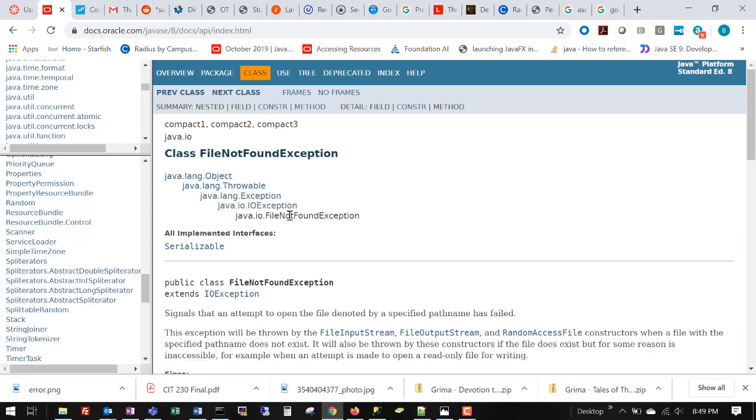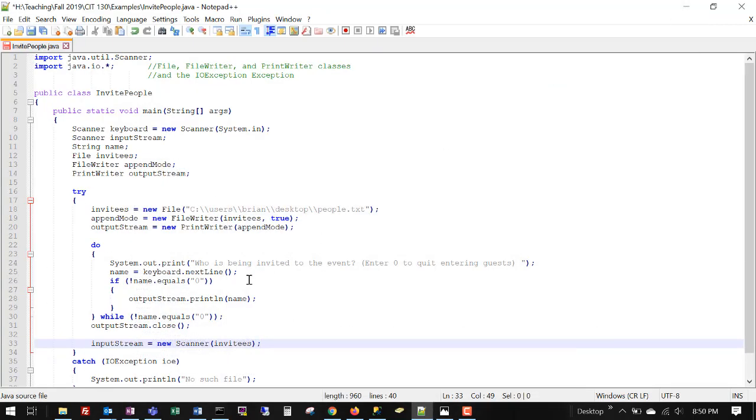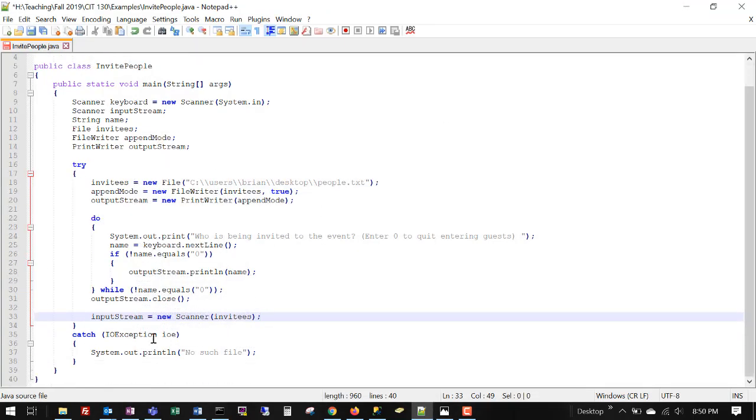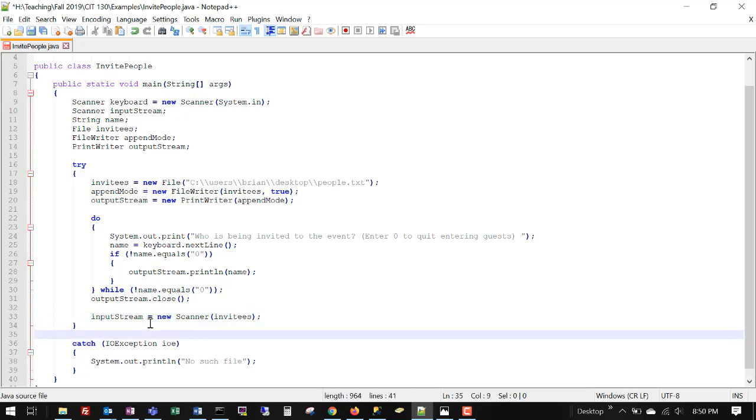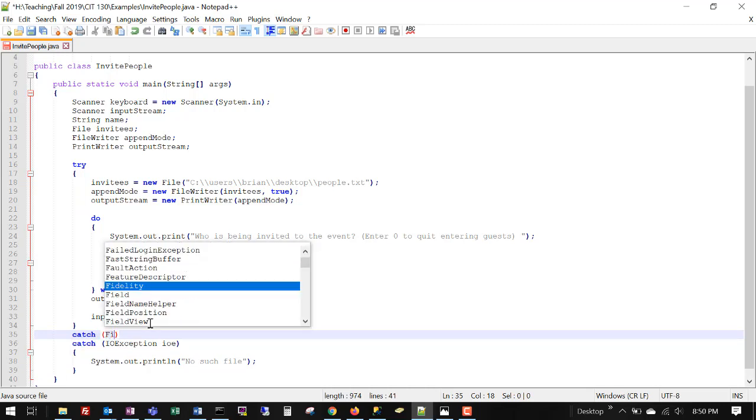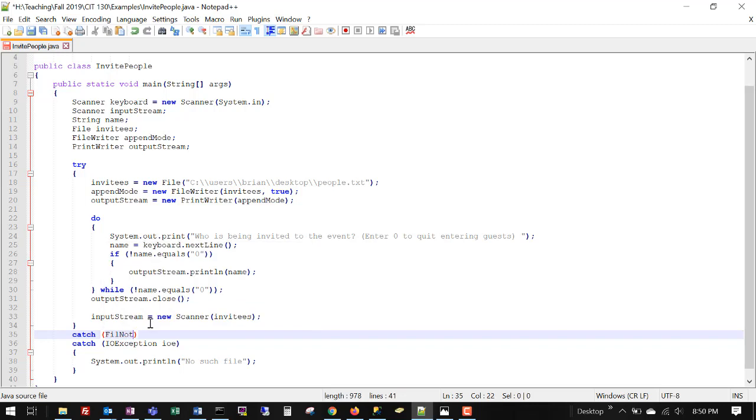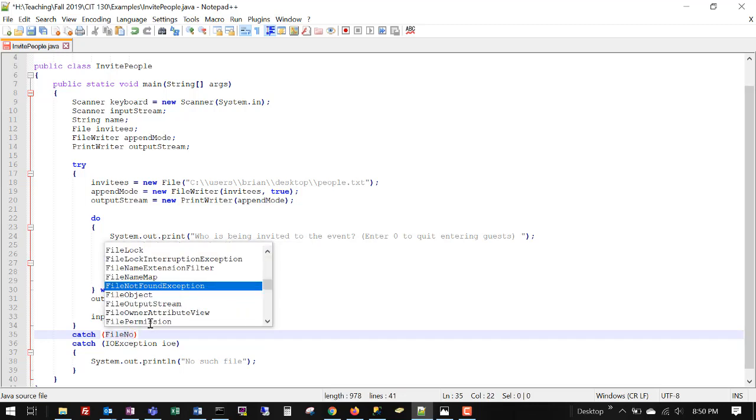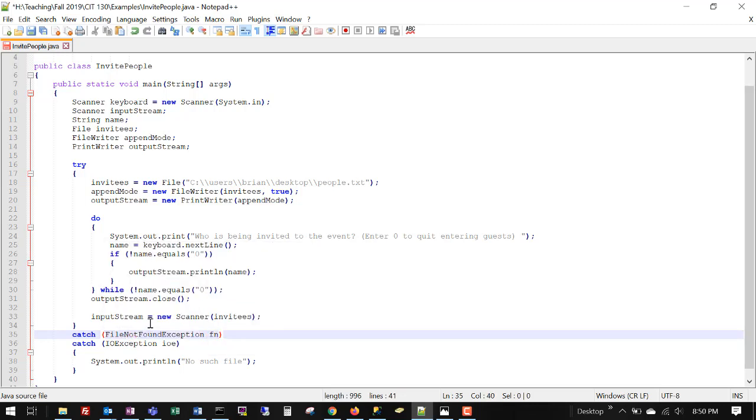We have to catch the file not found first, because a file not found exception is also an IO exception, which means that my catch for IO exception will handle both. When I put this generic message in here, no such file, that works for both. But just to show something a little bit new, let's add in a file not found exception,